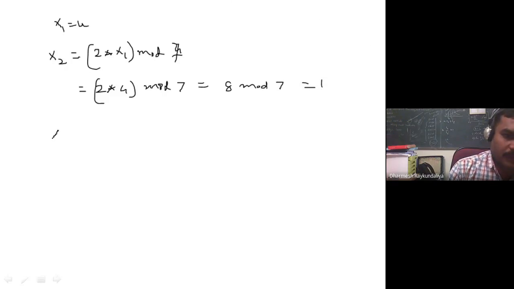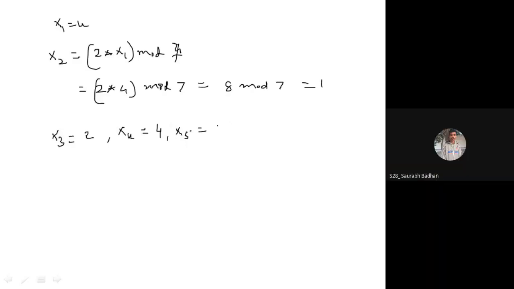Now what is x3? It is 2 into 1, you cannot take the modulo, so it is 2. Then what is x4? It is 2 into 2, which is 4. What is x5? It is 2 into 4, which is 8, 8 by 7, the remainder is 1.